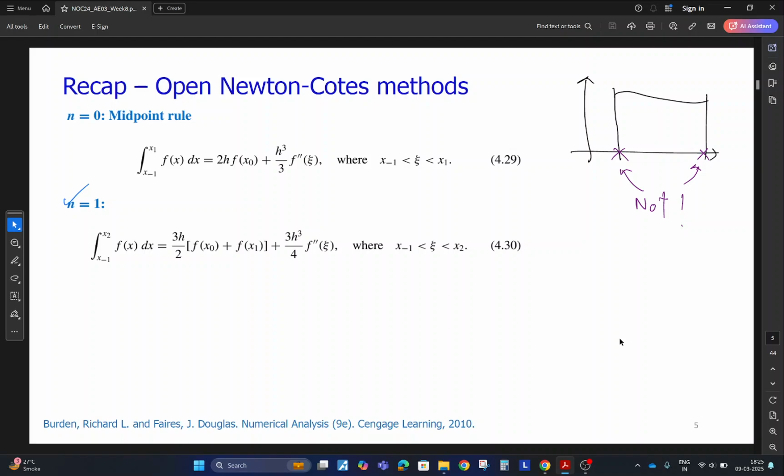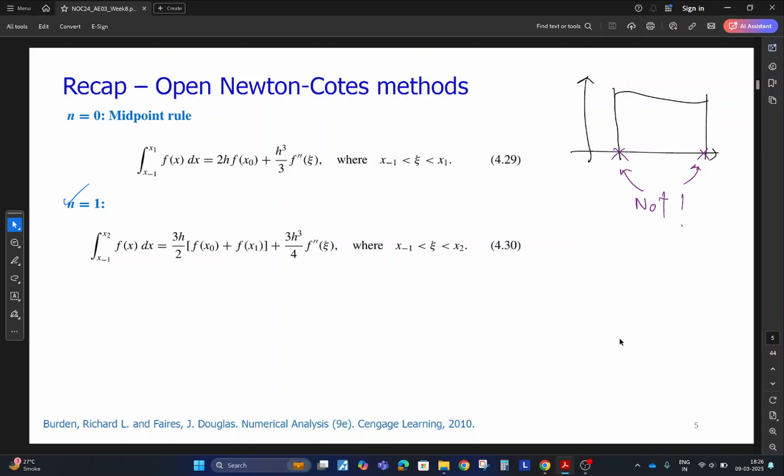And what we are basically doing is simply taking twice the function value at the midpoint, multiplying it by the step size, along with some error term. And here the errors are added because since we're not really making use of or calculating at the endpoints, it is estimated that the area we end up measuring might be somewhat less than the actual area under the curve. And so, whereas in the closed Newton-Cotes methods we were actually subtracting some quantum of area, here we are